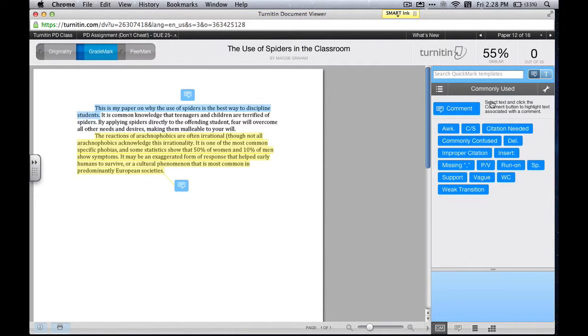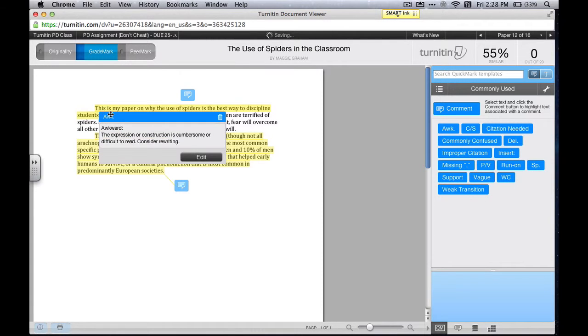Turnitin starts you off with some sample comment banks. I haven't really looked into this, but I believe if you look around on the Turnitin main site, you can find comment banks that are already made, and rubrics as well. So I can give this a comment, like let's say AWK for awkward, and that just appears.